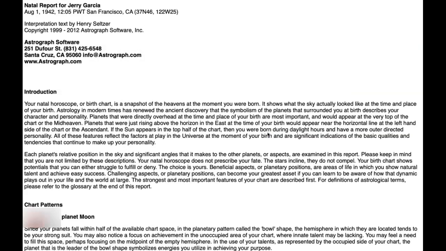Now you can email a friend or a family member and attach this PDF report and send it to them